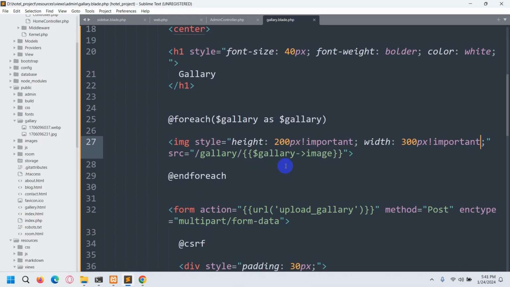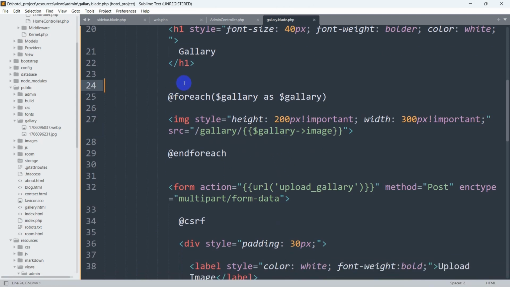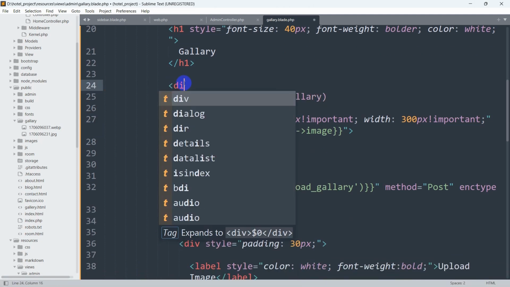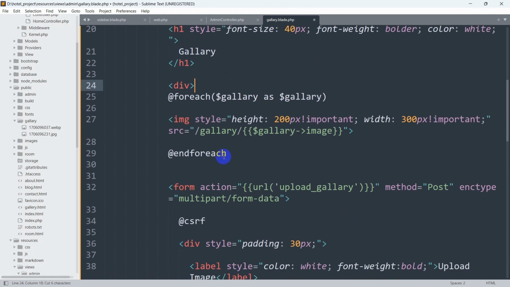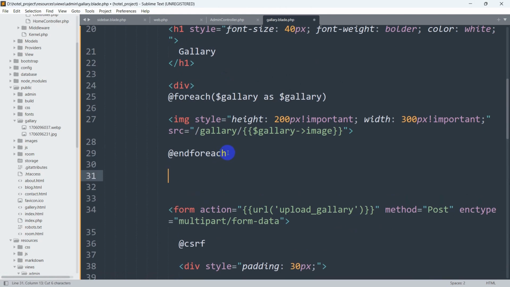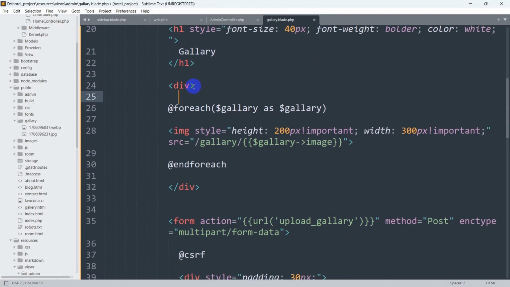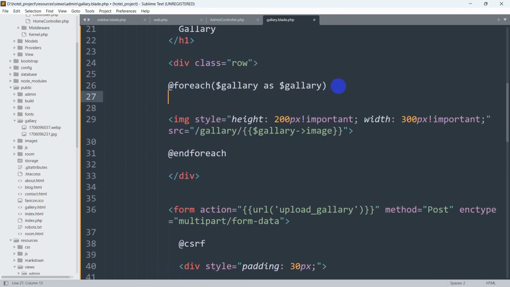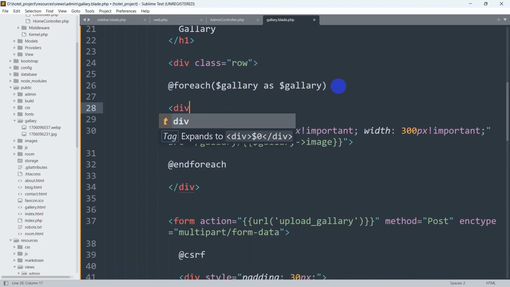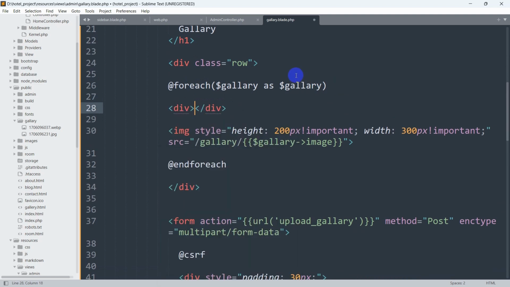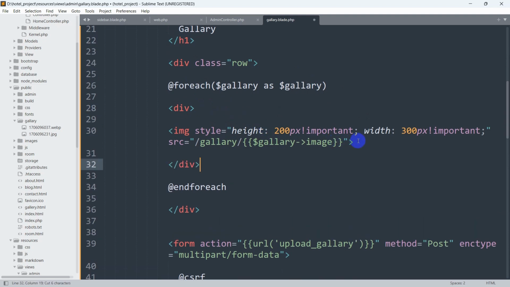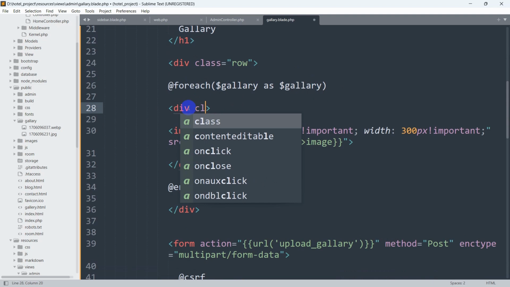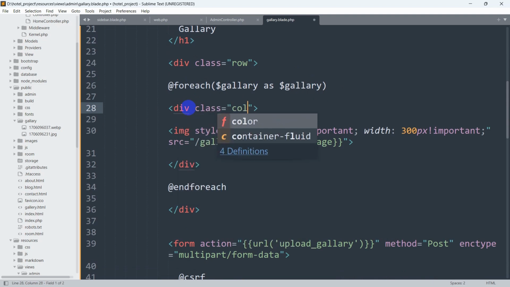So let's go back, and here before this foreach loop, we're going to have a div, and this div will close at the end of this foreach loop. So in this div, we are going to say class, it will be row, and inside this foreach loop, we're going to mention another div. And in this div, let me just close the div over here. Okay. So in this div, we're going to mention a class, and it will be